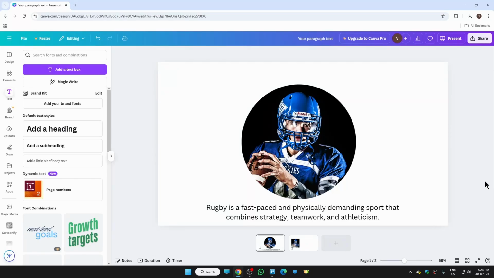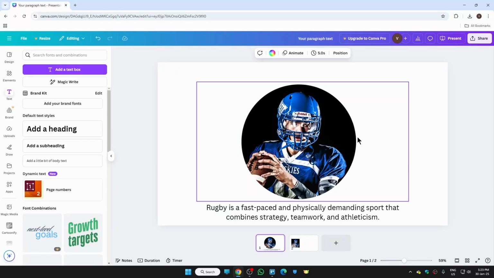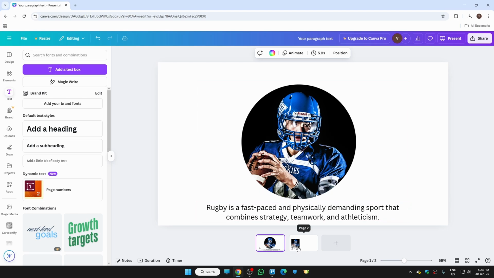Hi guys, in this video I'm gonna show you how to wrap text in an Canva image. So here you can see I have these two images right here and I'll show you two ways to wrap text in Canva. So first of all, there is no specific function available in Canva by which you can wrap